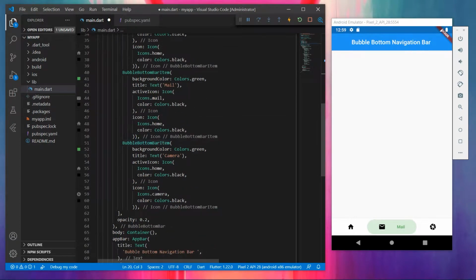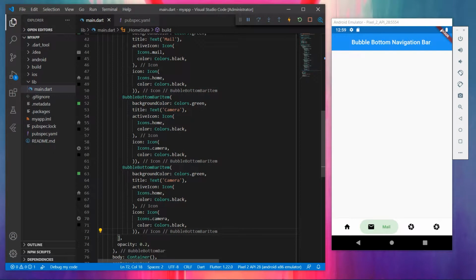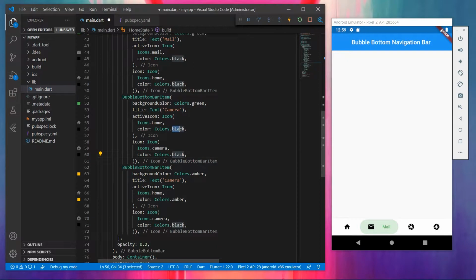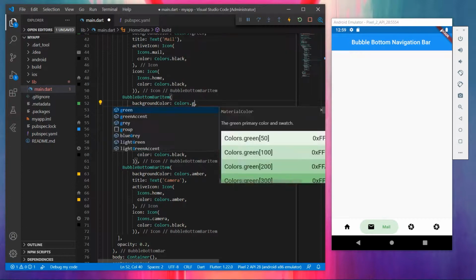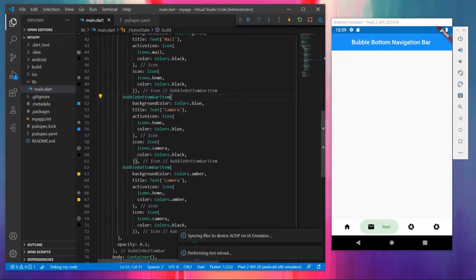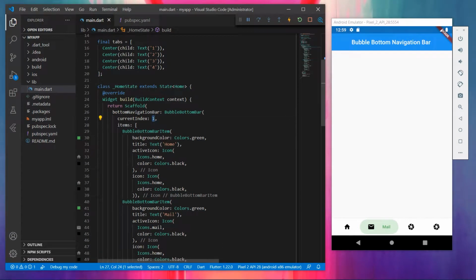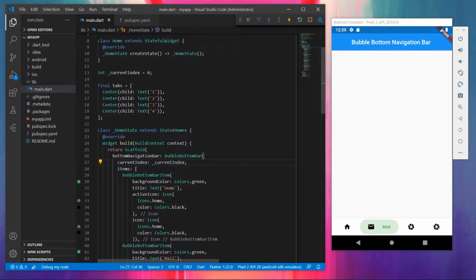So let me just create another bottom navigation bar item, and in the active icon, I'll change this to a different color, amber, and this thing also to amber, and blue. I'm just customizing it. And now regarding the current index, I'll set this to the currentIndex variable that I've created here, and let me just save.